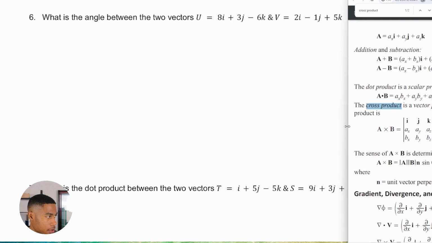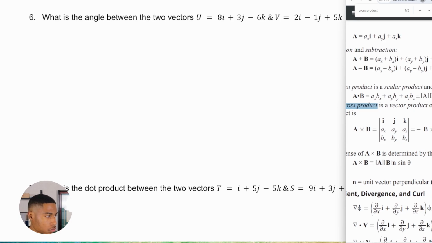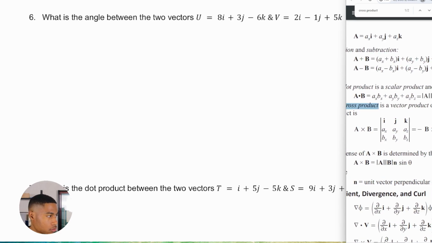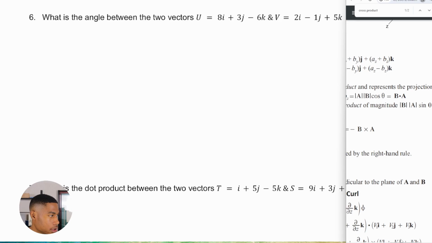Okay, so you're going to want to know how to do that. Not really enough room here. So yeah, maybe I'll just put this. So first we're going to do dot product. So we're going to do u dot v, which in this case u dot v is equal to